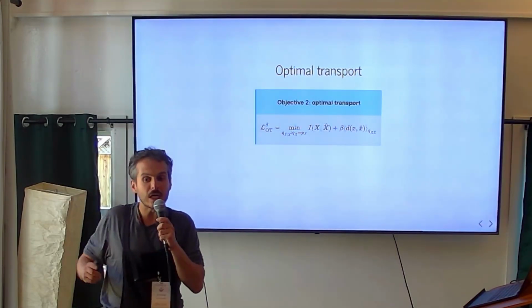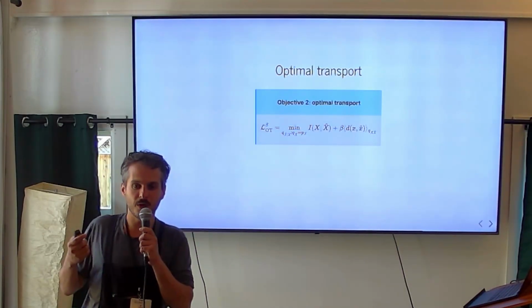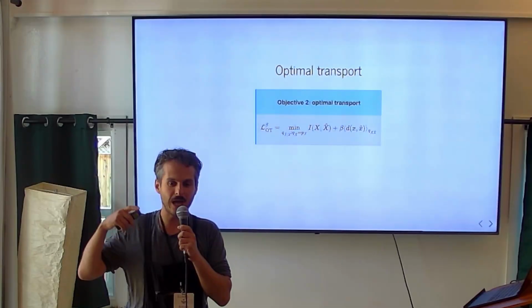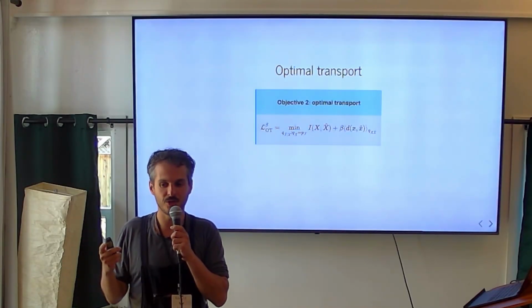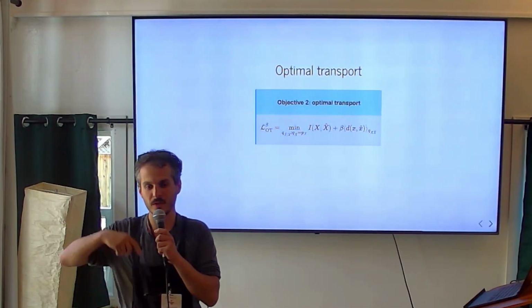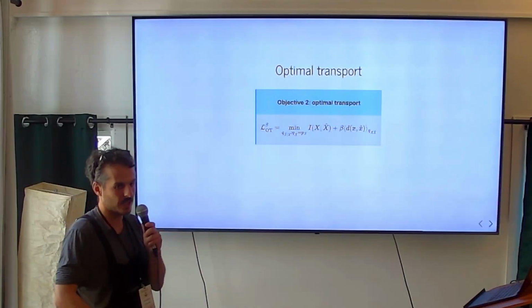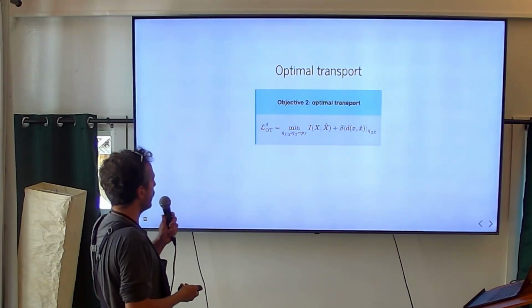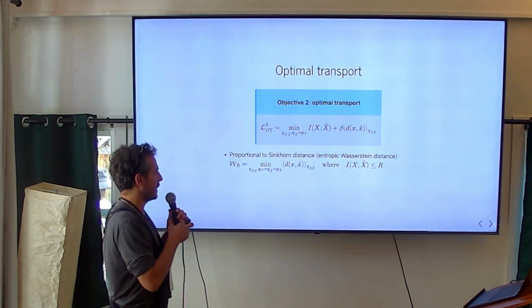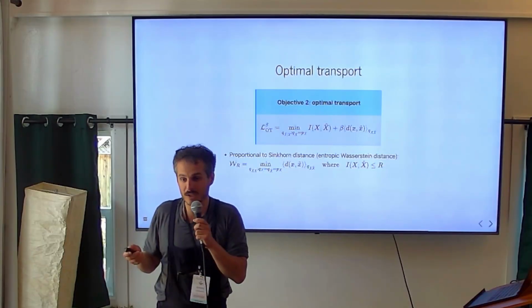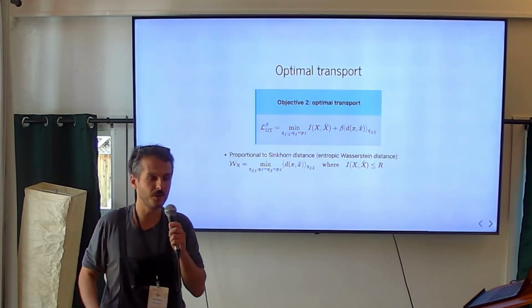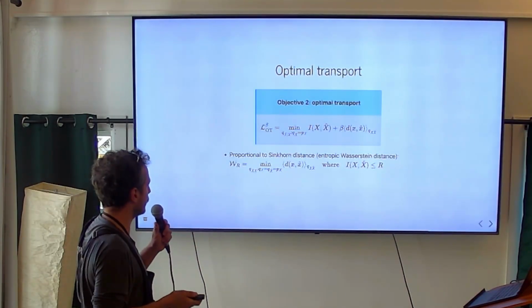One way to think about it is that we want the px to be the steady state distribution of this channel. So when this channel is mapped to px, it shouldn't change it. It turns out that this is equivalent to something called Sinkhorn distance, if any of you are familiar with it, but this is an idea from optimal transport.